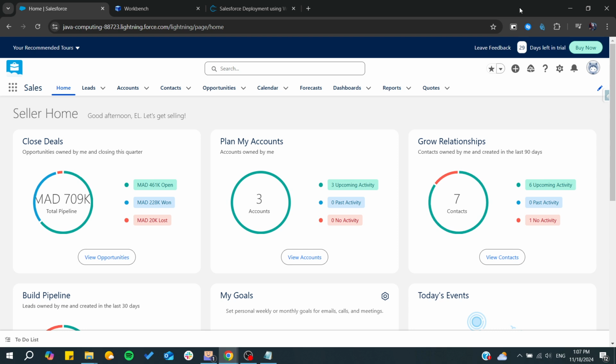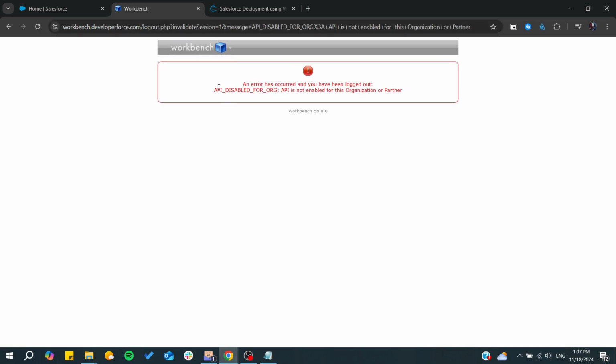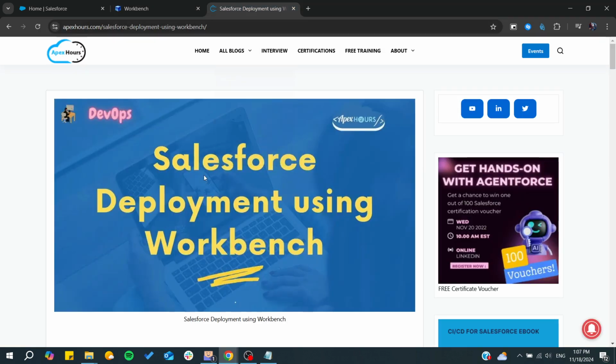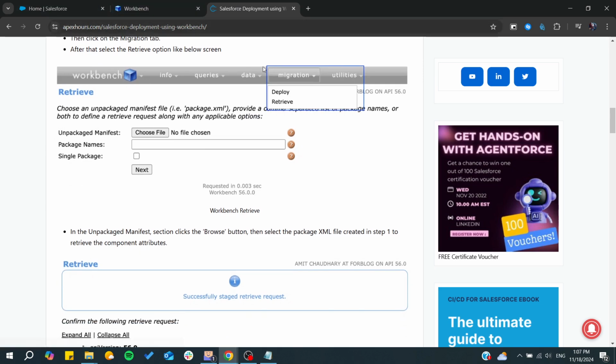First, you will need to go to workbench.developerforce.com, agree to the terms of service, and log in to your Salesforce account. After that, you will be able to see this menu or user interface, and from there you will need